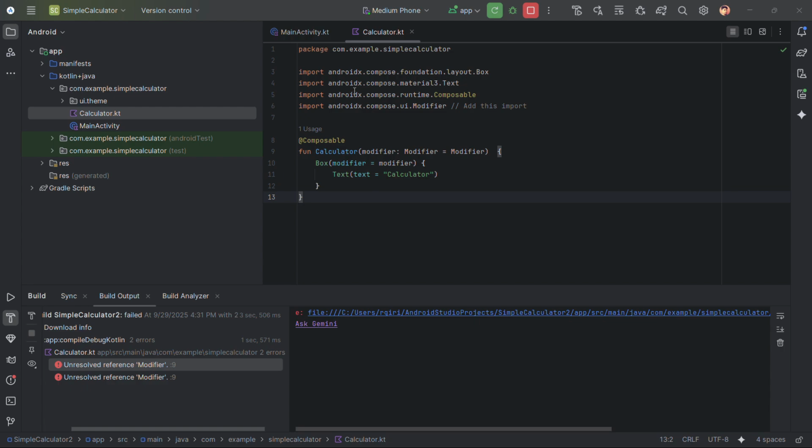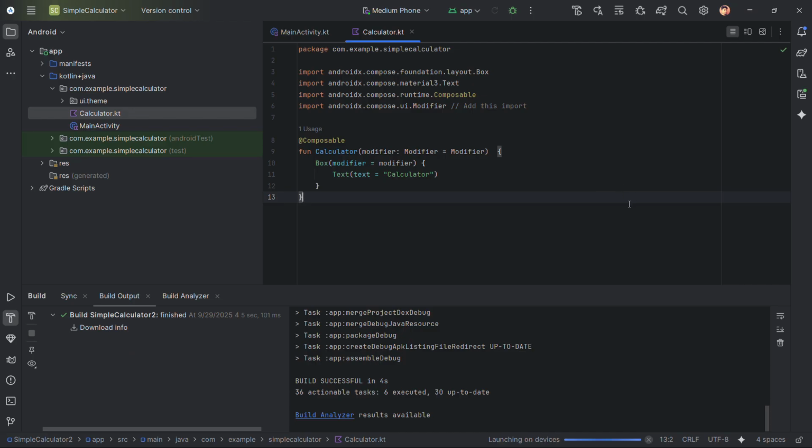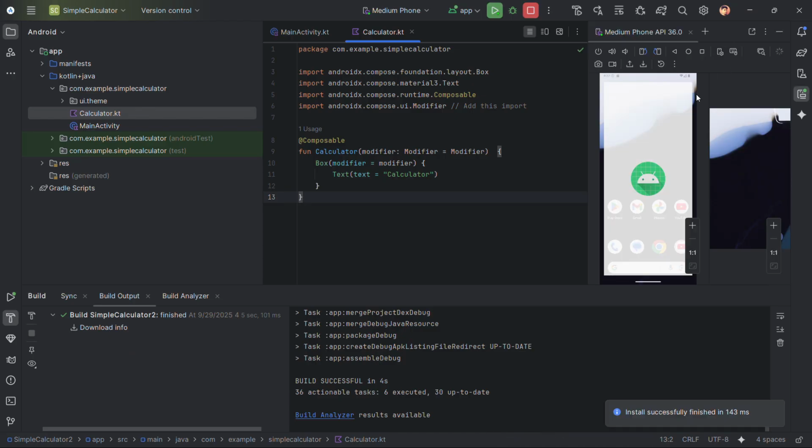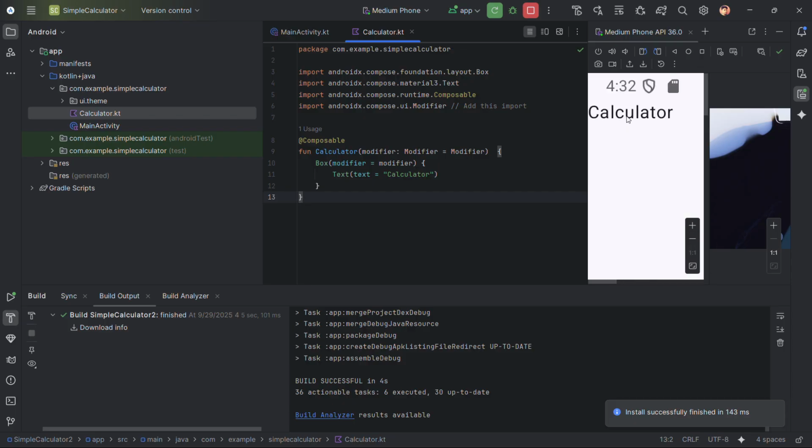Okay, I have made certain changes over here. Imported some of the dependencies, so now this is gonna work. So let's run it. So it's running. It's gonna take some more time. And here the calculator opens in the mobile application, and here we can see now a calculator that